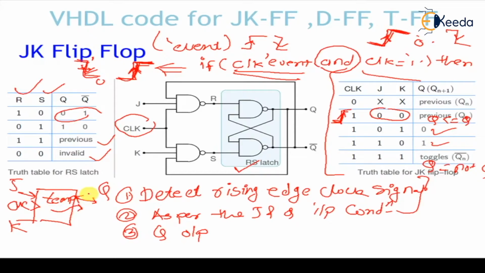So there are different ways to write a VHDL code. We will write as per the truth table, for our better understanding. We can also use a temp, an internal variable that is assigned the values and then further assigned to the output Q. So we'll avoid that confusion. We'll take J and K directly as inputs, clock as an input, and Q as an output.